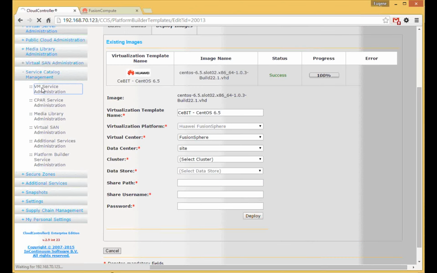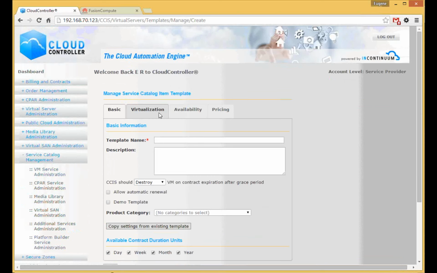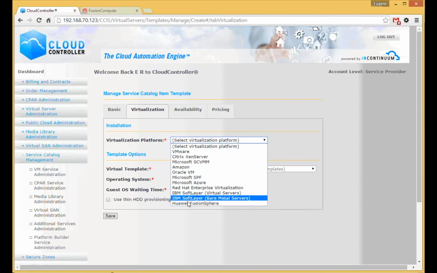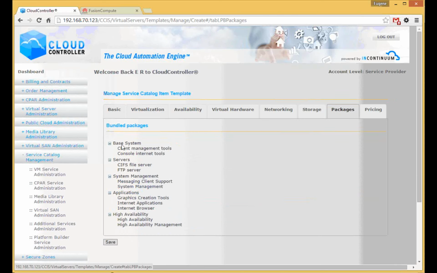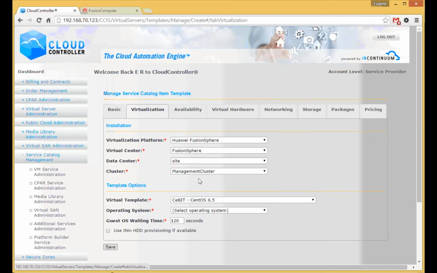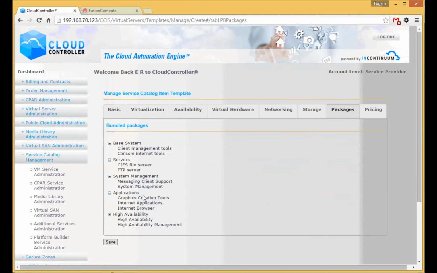Successfully deployed. Now it's available for the service catalog for building EOS and POS based service catalog items in CloudController Instance Server. There it is. Packages are listed just as on the other platforms. Common interface, same functionality, single pane of glass interface, single data model for creating and deploying complex Linux server platforms